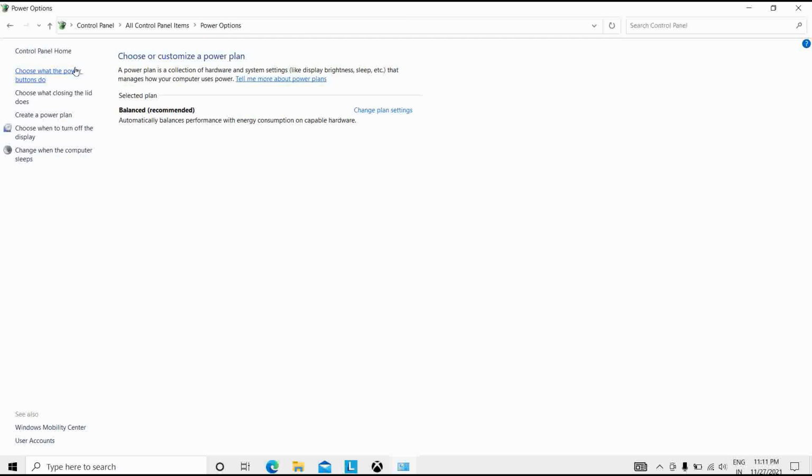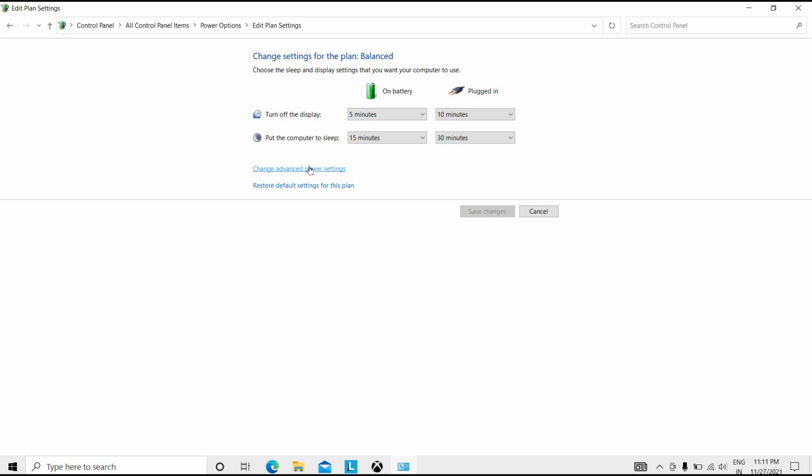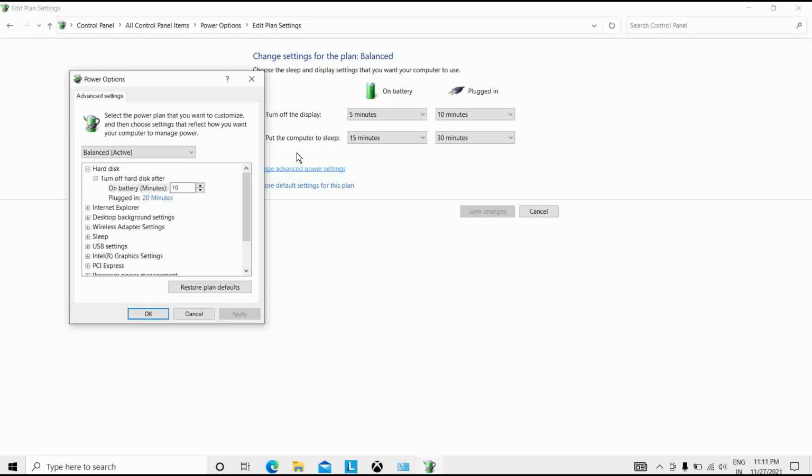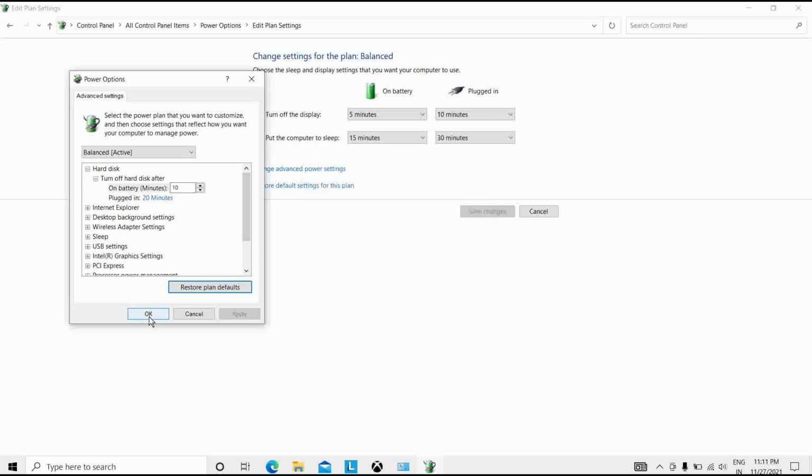Click on Tell me about more power plans, click Yes, or I will click on Change plan. Here you can select the power plan settings, that is Restore plan defaults. Click Yes, and click OK.